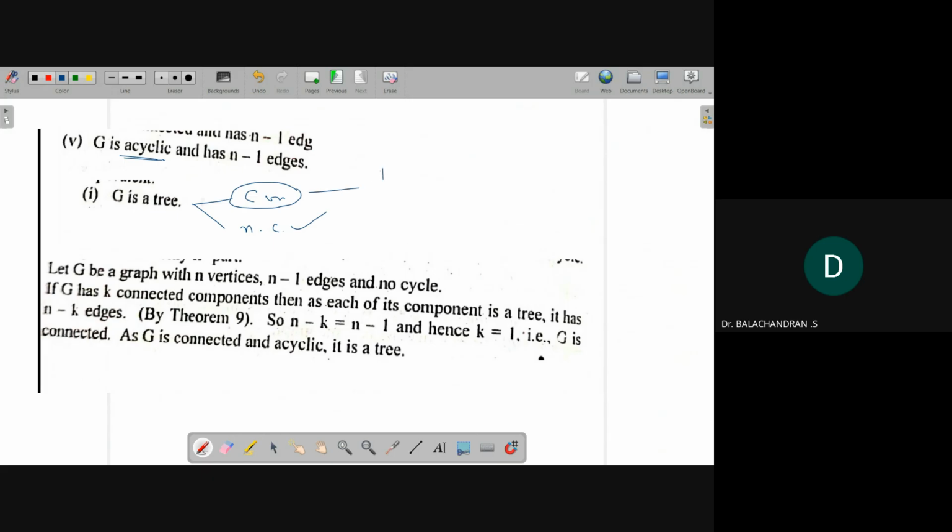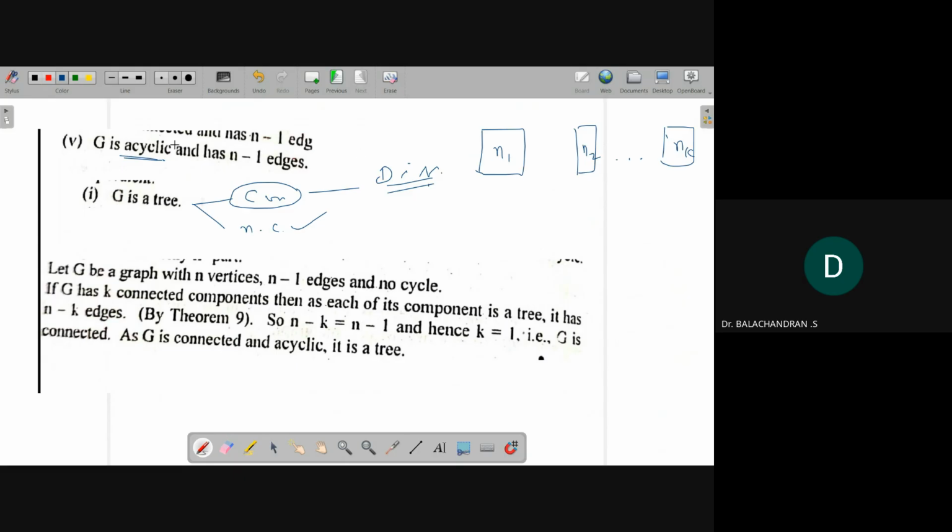Suppose the graph is disconnected, and hence it has k components. I think we discussed this in the last lecture. If G has k connected components, for example, this is the first component, this is the second component, this is the kth component. The first component has n1 vertices, the second component has n2 vertices, and the kth component has nk vertices. Each one of them is connected and